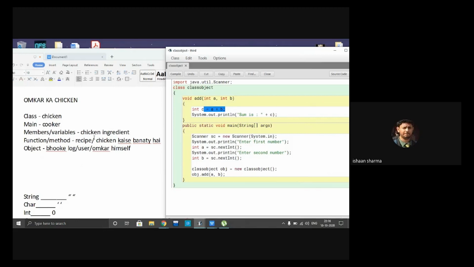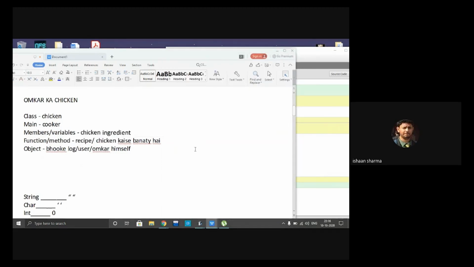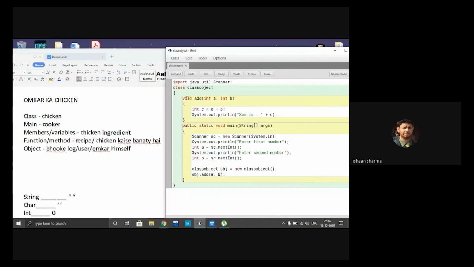The smallest things we need to use here are like the little things needed to make the chicken, which is what we used here. Those chicken ingredients will be called variables. Then how it is made, what goes into it, that is shown in void add.